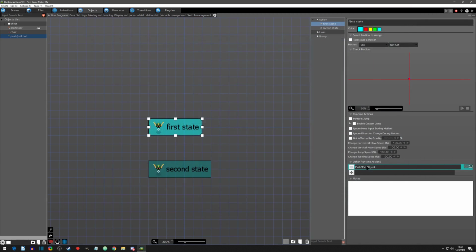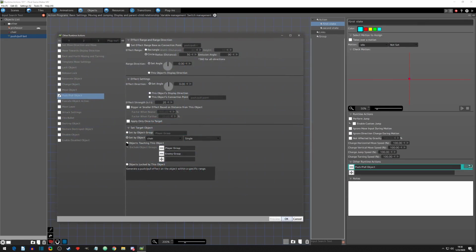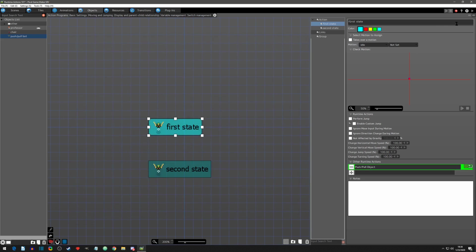And if we go back in here, so now we'll go to the next option here called objects touching this object. And basically what it's saying is that the target object can only get pushed if it's now touching this object. And that could be really handy for a push event that only happens when you touch another object. And since this sub option here, exclude object groups, since the player group's on this, I'm going to click off of it just so that I can show you that now the push will only happen when you're touching this object. So if I hit OK and then hit playtest,